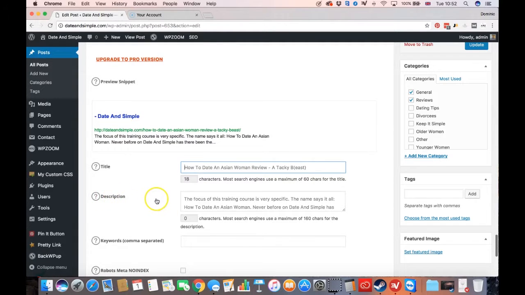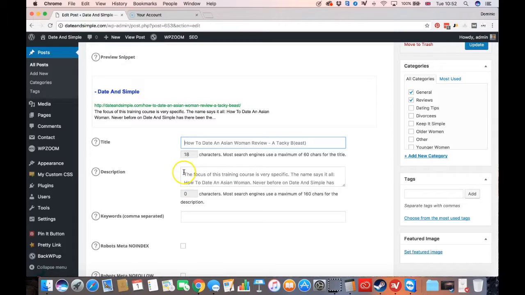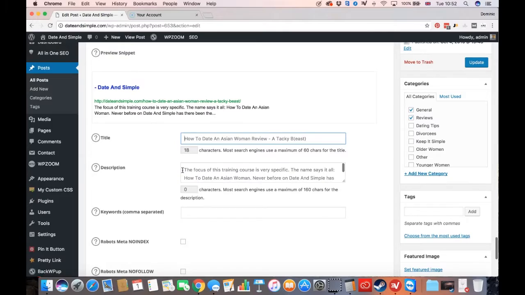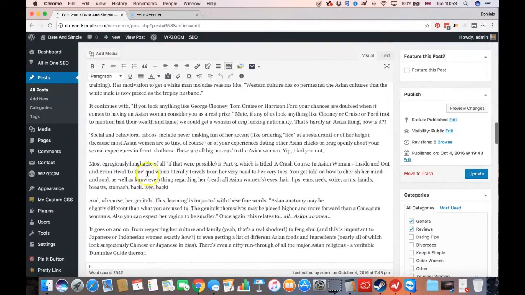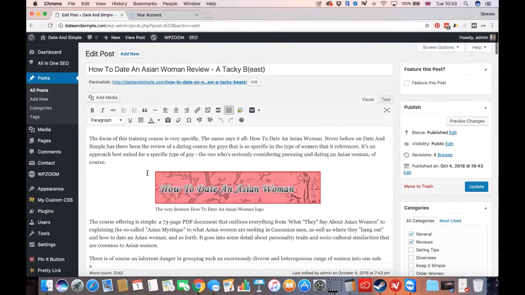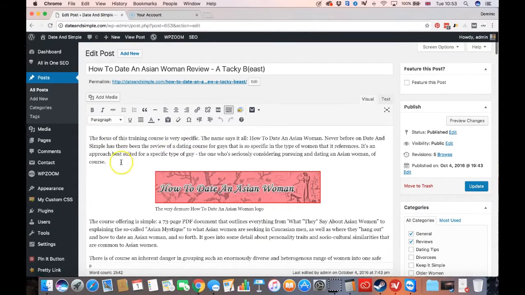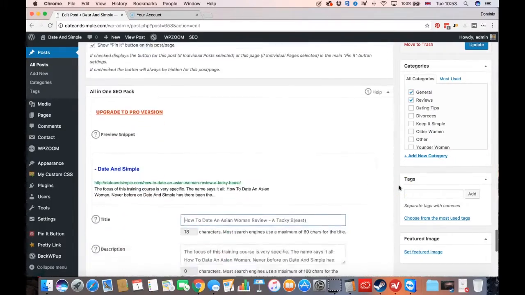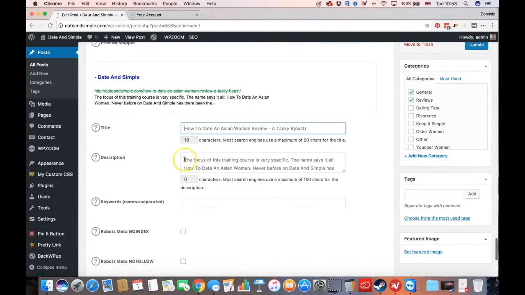And then the description, I'll go into a little bit more detail in a little while about why we don't fill the description in. But again, rest assured that the description will pull the first paragraph of the article. So it's not blank at all. It's pulling it from the article automatically. What you can do is manually choose another description, and I'll explain later in this video where you might want to do that. Keywords,